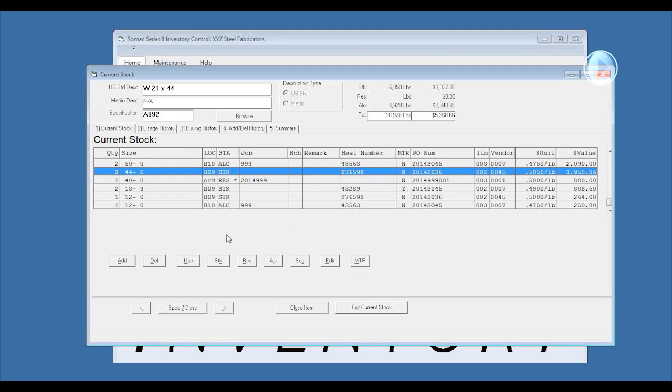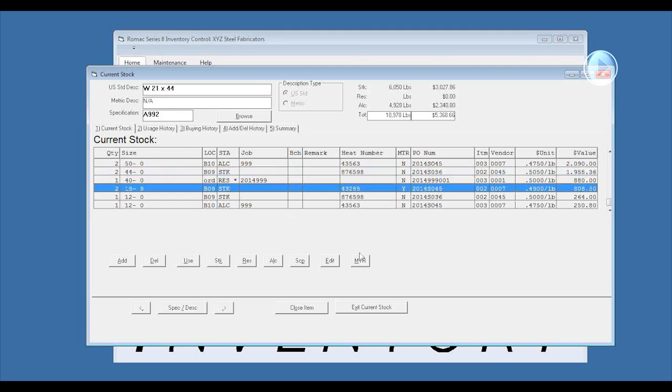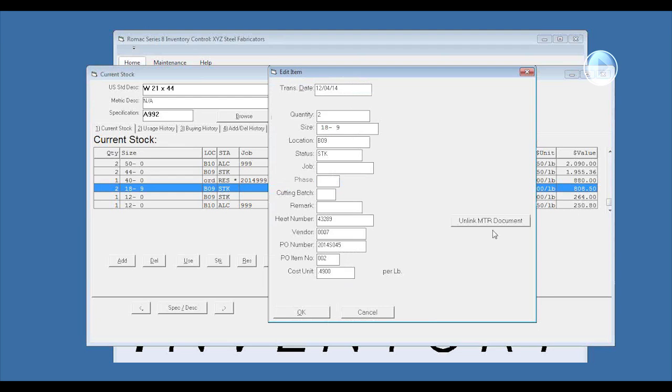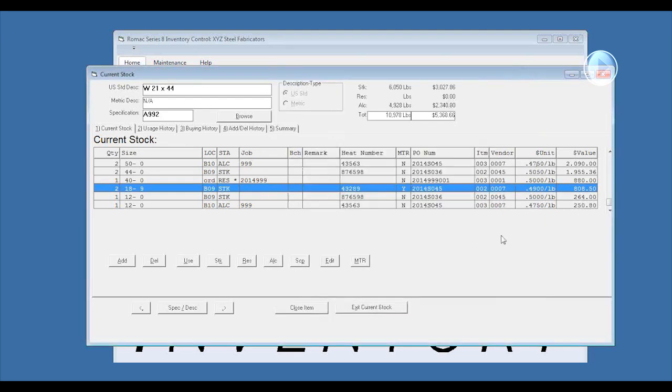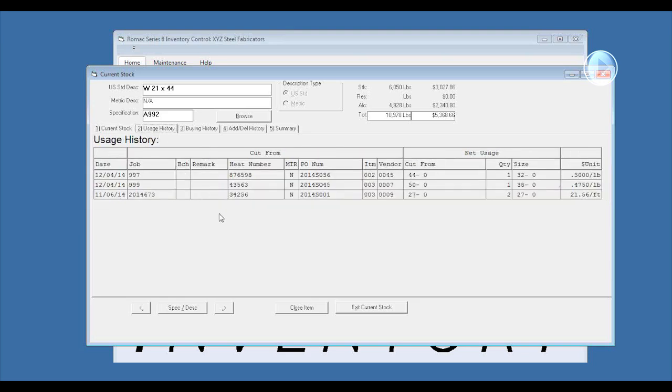If we make a mistake on this MTR item and attach the wrong MTR, we can go to Edit and unlink that MTR document if we need to. The Usage History tab tells us by date and job number what we've used, and that's either through the Usage